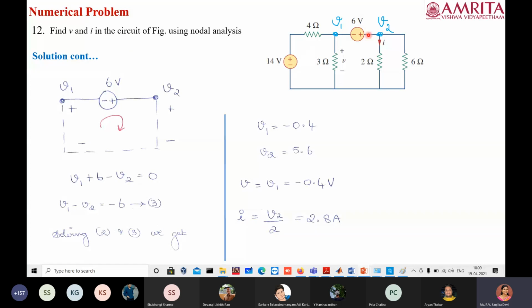Okay, so that is what is happening in this left part of the circuit. There is a voltage source, along with that there is a resistance. So easily we can find what is the current. So there is no need for using the super node concept. Okay, so you can keep that in mind for certain numericals. If you have a series element along with a voltage source, then we can write what is the current through that particular branch.